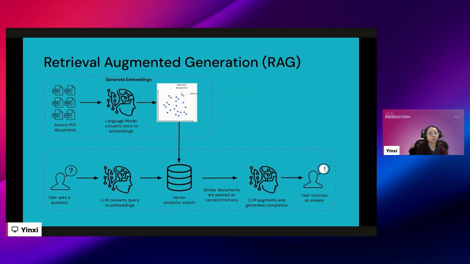From the user point of view, the interaction with LLMs of RAG still looks the same, right? The user would ask a question using prompts and then generate the answer. But under the hood, the system actually does a few additional steps. It will first embed the user query, and then this is where the vector database plays a role. It will go into the vector database and do a similarity search to find relevant documents